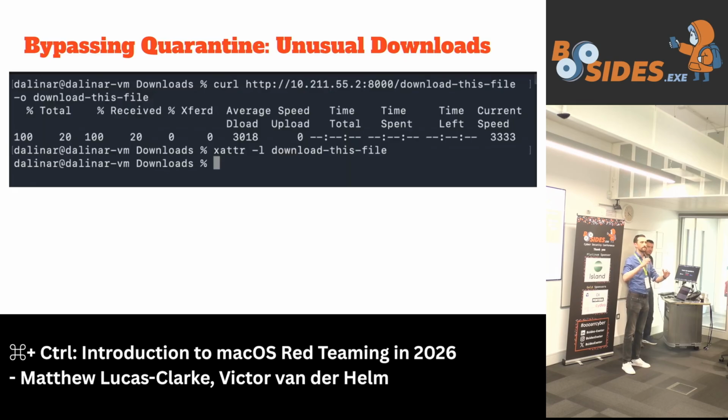Essentially, the quarantine attribute is not a magical thing that macOS itself applies. Apple expects the people writing software for macOS to apply that attribute themselves. But as you'll see, they're not actually all that strict about it when it's not a typical point-and-click, download-something-through-your-browser flow. Even something as obvious as curl just completely breezes through it. So if you want to try to get past quarantine, think of things that, from the perspective of the hacker, are a download. It gets the file on the disk, but might have snuck past Apple's enforcement of making your software apply quarantine on downloads.